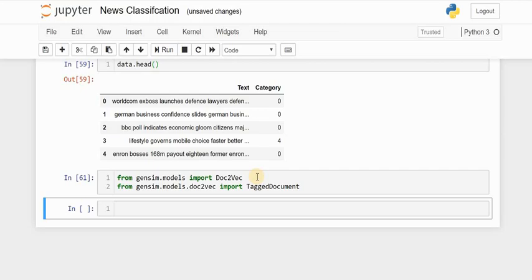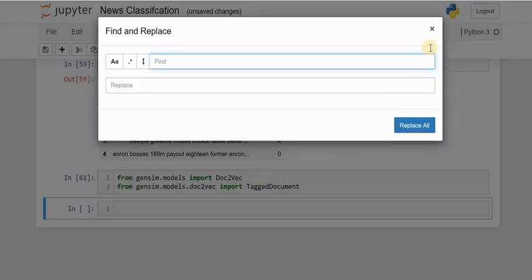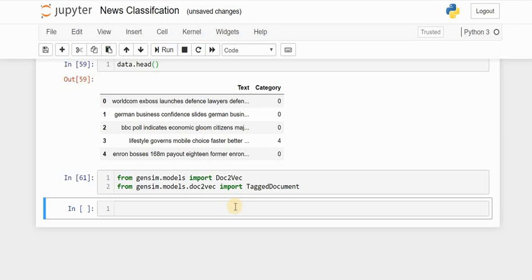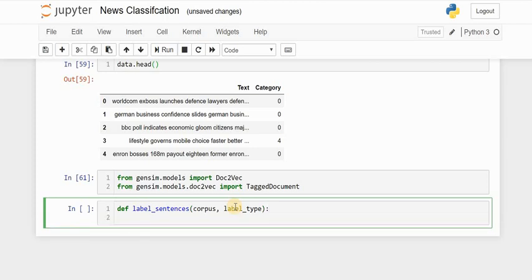Next we will define a function. What we are doing is converting the training data and the testing data into the format that Gensim expects. We are converting the data to the Gensim format, so that's why we are writing a function here. Let's say the function is label_sentences. Just be with me. After getting the output of this function, you will get to know why we are doing this. The corpus is the news articles.